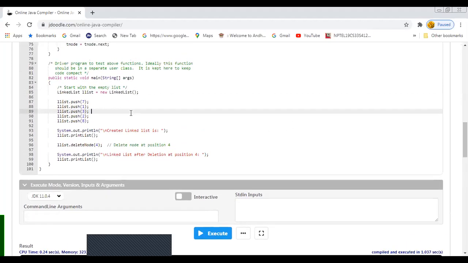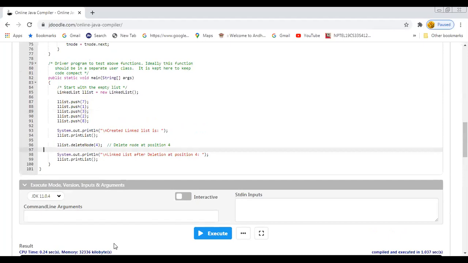Now you can check here. I have created a list. As I told you, the push method is used for creating the linked list. In this case, each and every time I need to supply the data of each node, and a new node will be created with the data supplied through the push method as an argument.